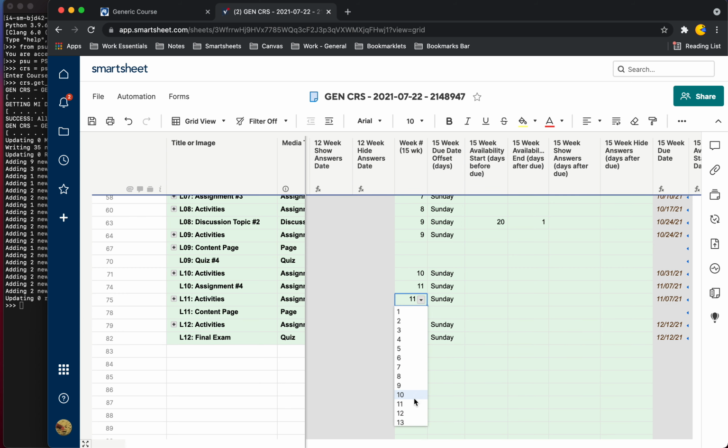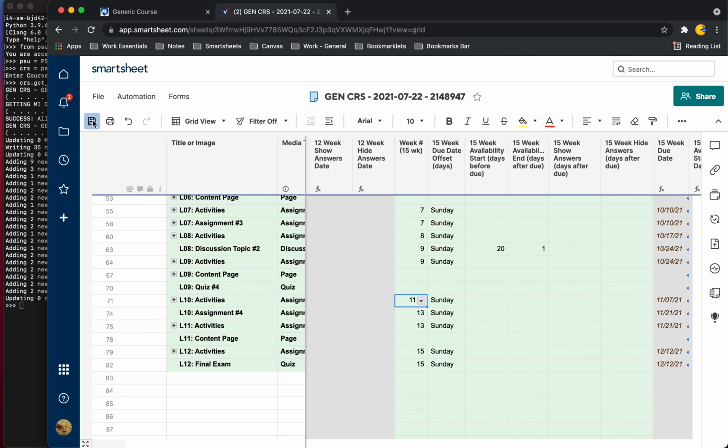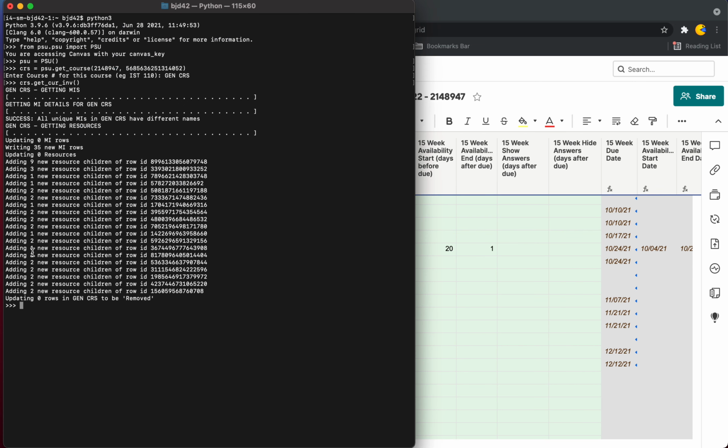And this isn't due on the 11th week. These are due on the 13th week. And maybe this is due on the 11th week, what have you. Okay, so we've made some changes. So this is our 15-week schedule now. And we can go back here and we can say course